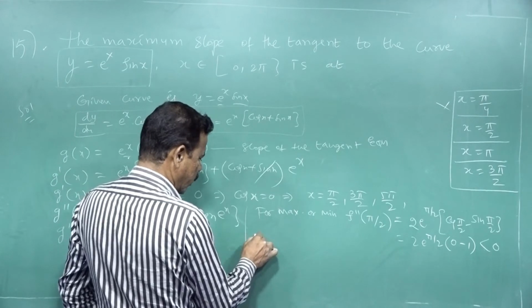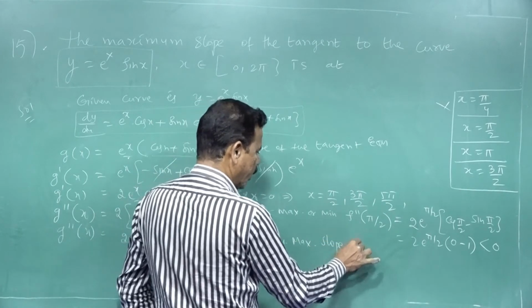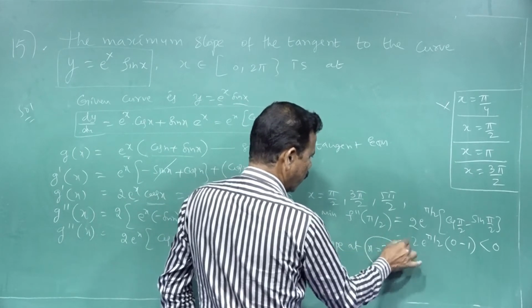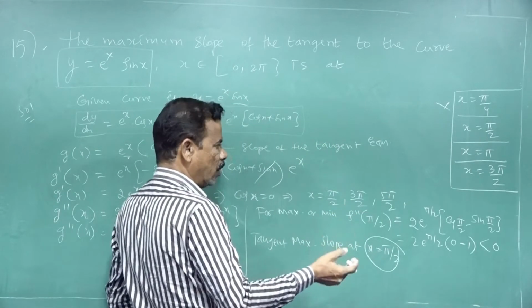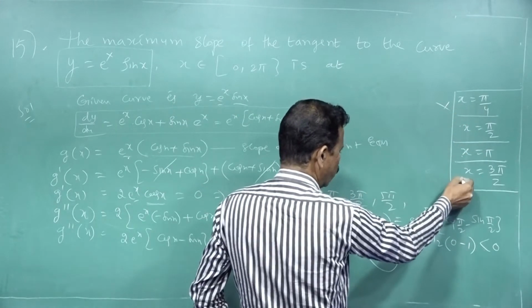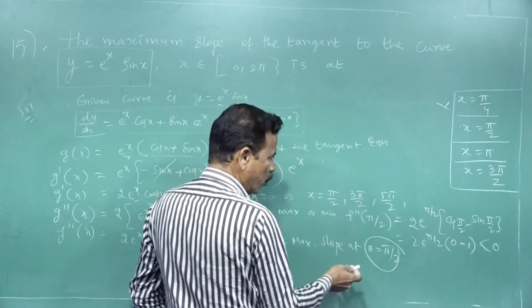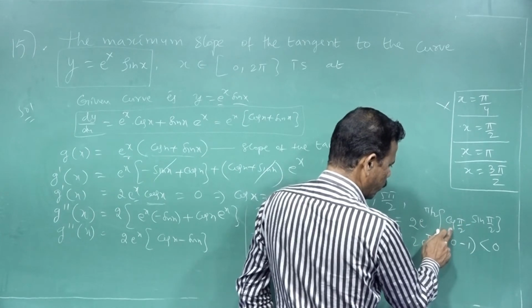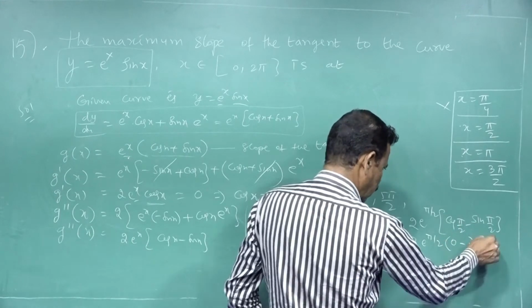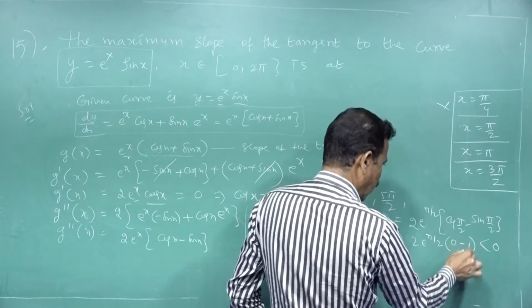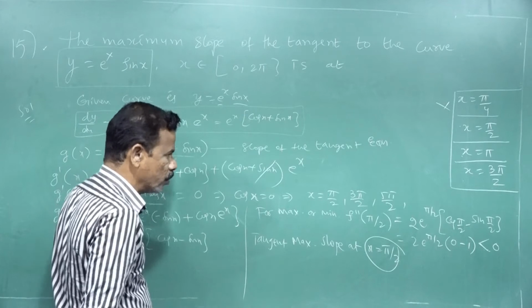So this is the maximum slope of the tangent at x is equal to 5 pi by 2. If we substitute other values, they come greater than 0, up to 1, 2, 3, 4 values. Among these values, only 5 pi by 2 is there, and 3 pi by 2 also. Suppose we put 3 pi by 2: cos 270 is 0 and sin 270 is minus 1, so minus times minus gives plus, positive. Positive means there is the minimum value, and less than 0 means that is the maximum value. That's why x is equal to 5 pi by 2 is the correct answer.